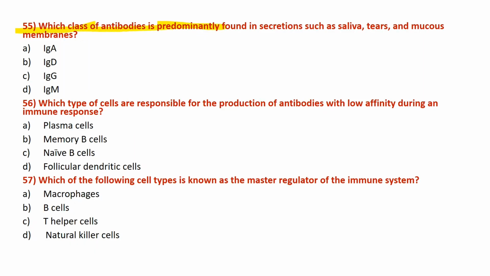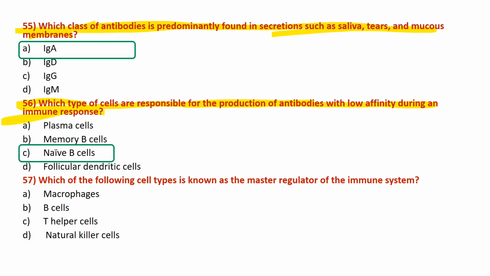Which class of antibodies is predominantly found in secretions such as saliva, tear, mucous membrane? And the right answer is option A, IgA. Which type of cells are responsible for production of antibodies with low affinity during an immune response? And the right answer is option C, naive B cell. Which of the following cell types is known as master regulator of immune system? And the right answer is T helper cells are known as master regulator of immune system because they regulate the